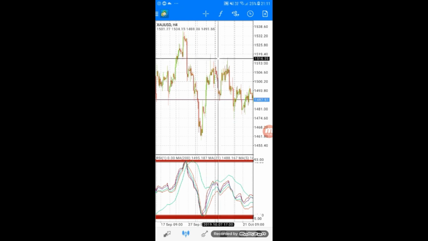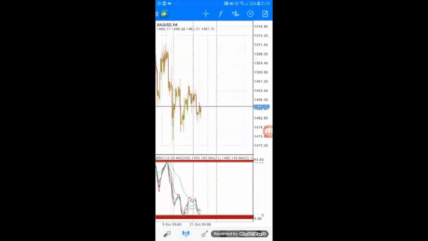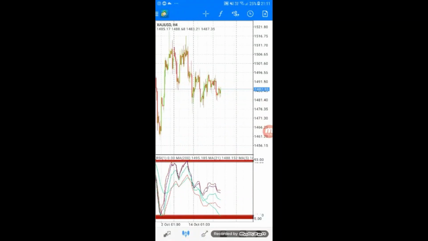Okay, and then it also gave us another piece of information in the middle. If you check, this is the first leg, this is the second leg, and then it went down. At the moment it's still ranging, so I'm gonna wait for it to give us clear setups, and then